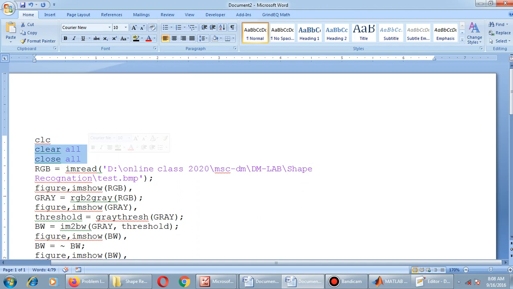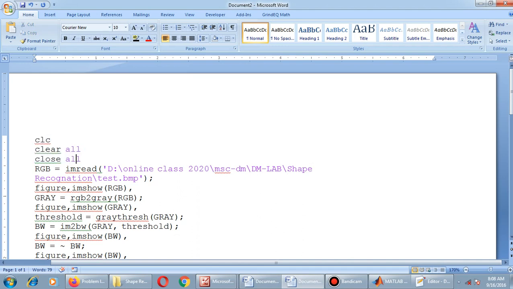In that case, if we use clear all and close all, those values will be cleared. So you have to be careful. This has to be used only for individual programs, before a main program. In sub functions we should not use this, because the temporary values will be deleted and the program may result in a logical error.